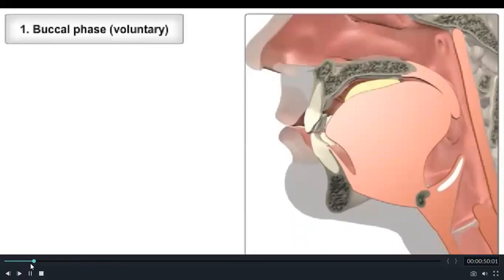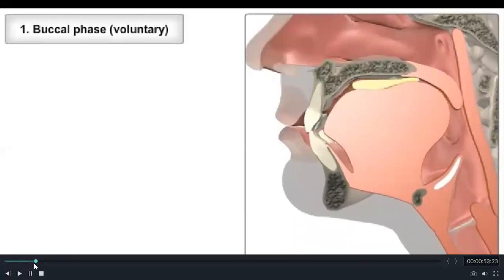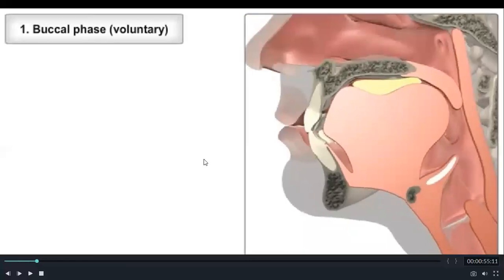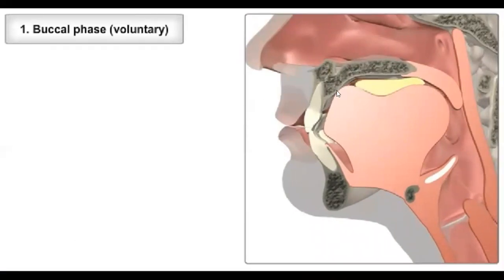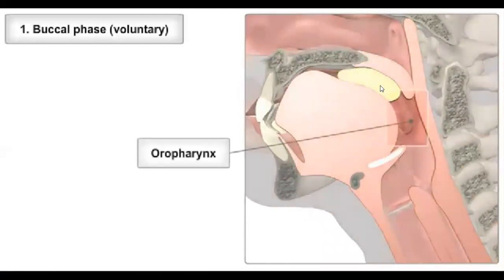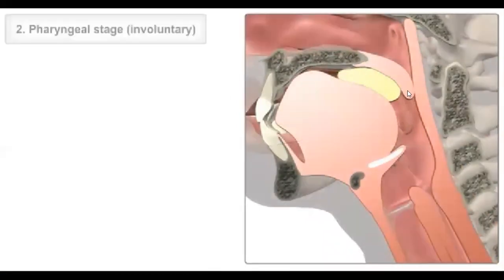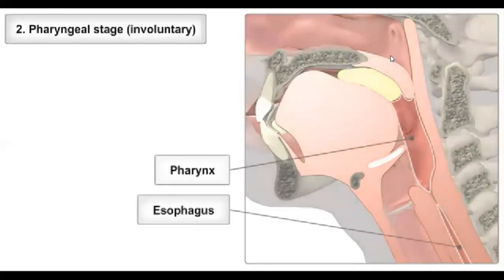When he tries to swallow, which is a voluntary phase, the buccal phase is a voluntary phase, the tongue touches the anterior part of the palate. So in that case, your food cannot escape this way and obviously it gets pushed down. When it goes back, it is the soft palate that goes and closes the nasopharynx. So there is no escape way for the food to the nose, or nasal regurgitation that can happen.